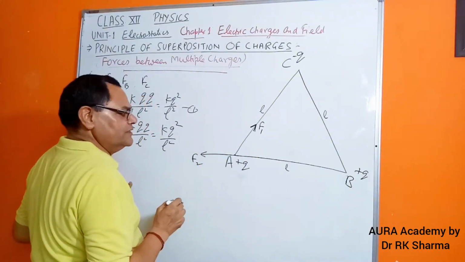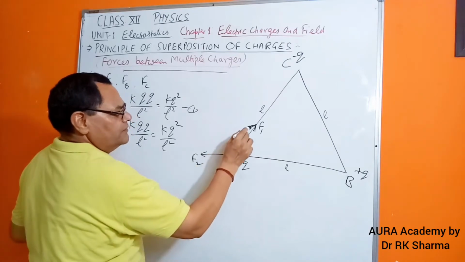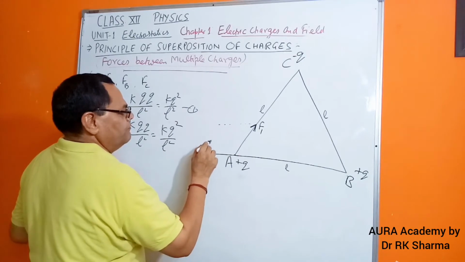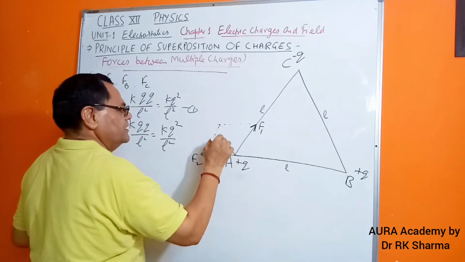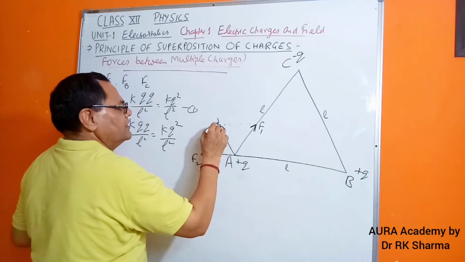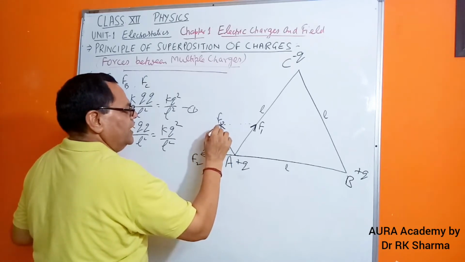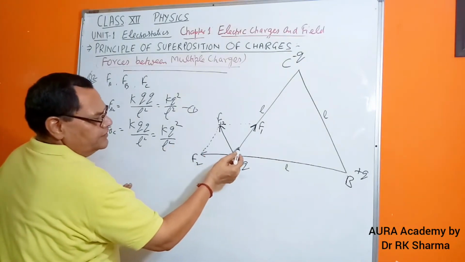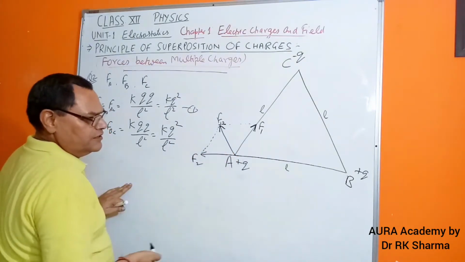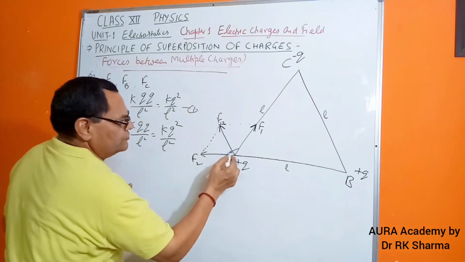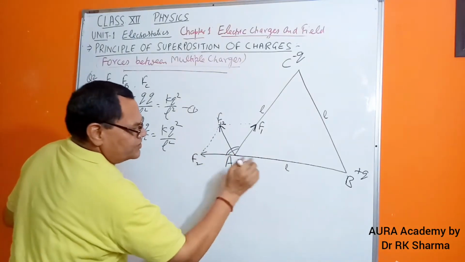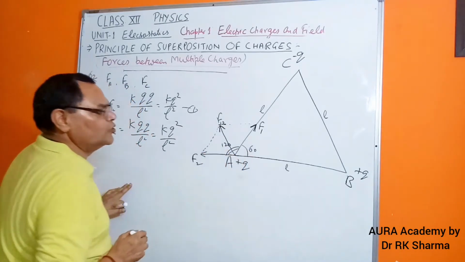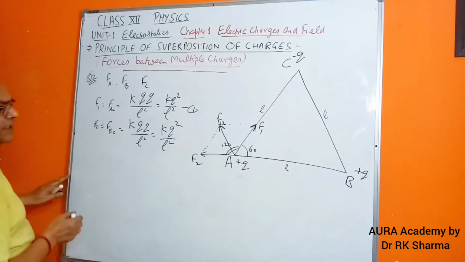Clear? So we have to find the total force. Now we need to find the resultant, which means the vector addition of these two. Again we can use the law of parallelogram of vectors. So actually this will be the resultant force, which you may call F12. When we use the parallelogram law, we need to know this angle. This being a straight line and this angle being 60 degrees, being an equilateral triangle, this will be 120. Can you find it out, please?